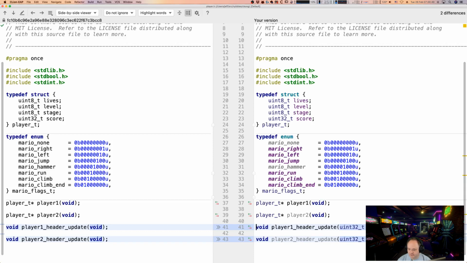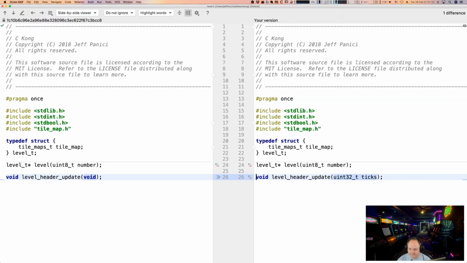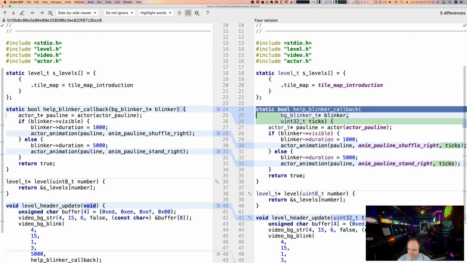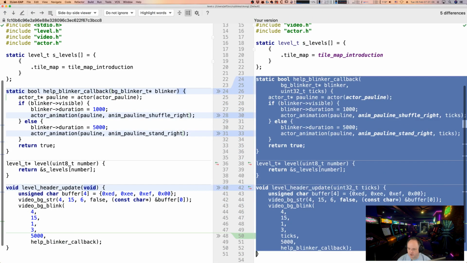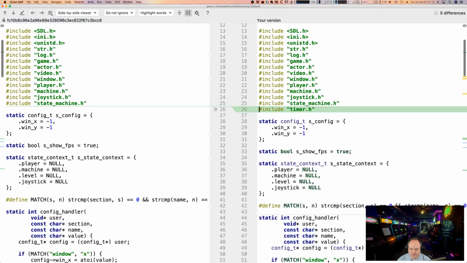In player, I had a couple functions that are setting up blinkers and timers. So you have to pass ticks into these, and then we just pass those through now as necessary. Level was kind of the same thing. So we just pass that through, the callback and the update function. Then in the game,